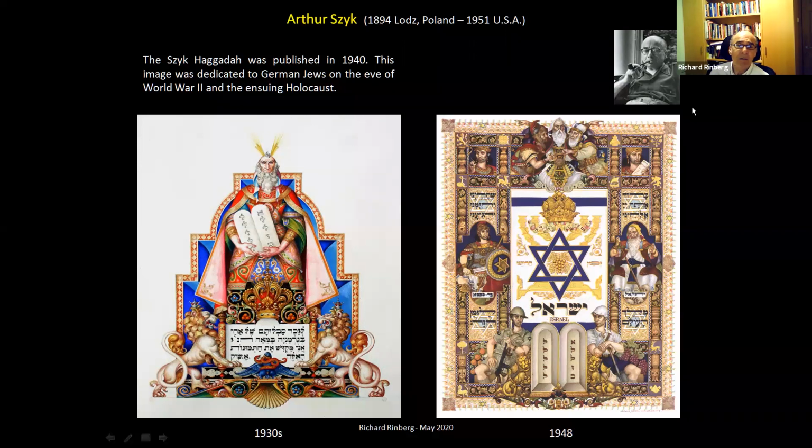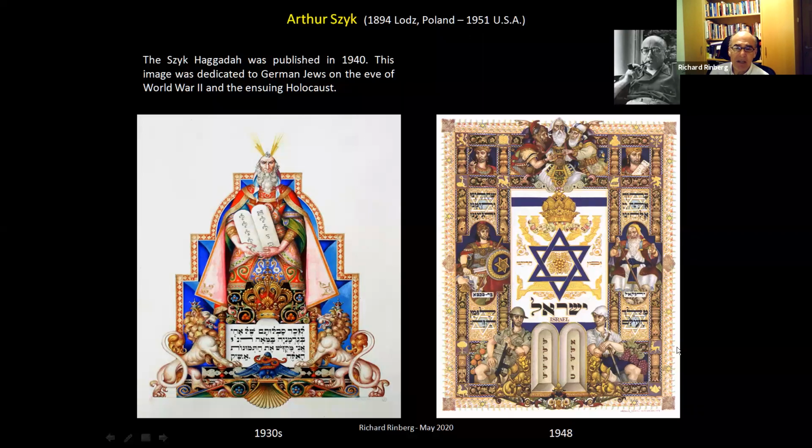Sheik was in the top 10 list. If Hitler had conquered America, he was one of the first people he wanted to kill, because perhaps one day I'll do a talk on Sheik, because of his drawings that were remarkable for the Second World War, for the war effort. And here you see Moshe, and you can see the first letter of what goes on the Luchot.